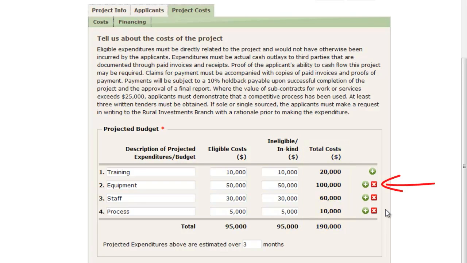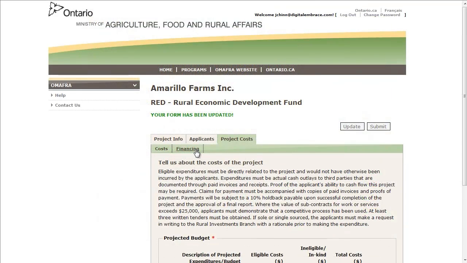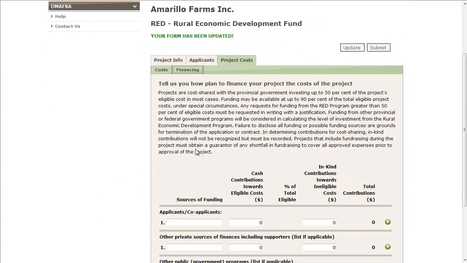To add additional budget items, click the green plus sign to the right of the item and another budget item will appear below. Although not a mandatory field, enter a value in the projected expenditures above or over number of months field. Click the Financing sub-tab to display the financing by